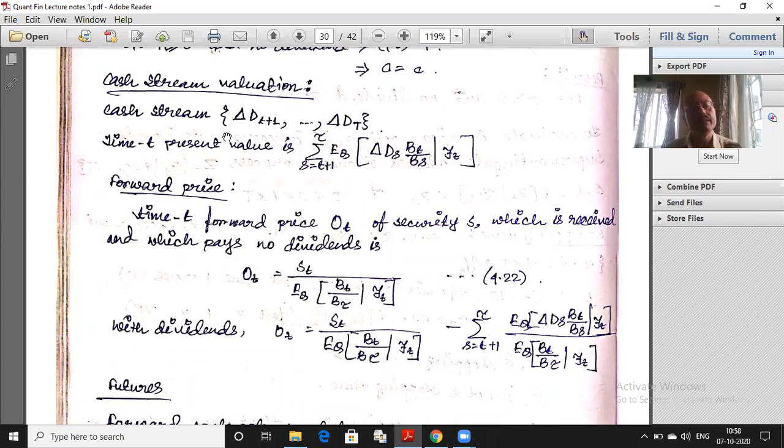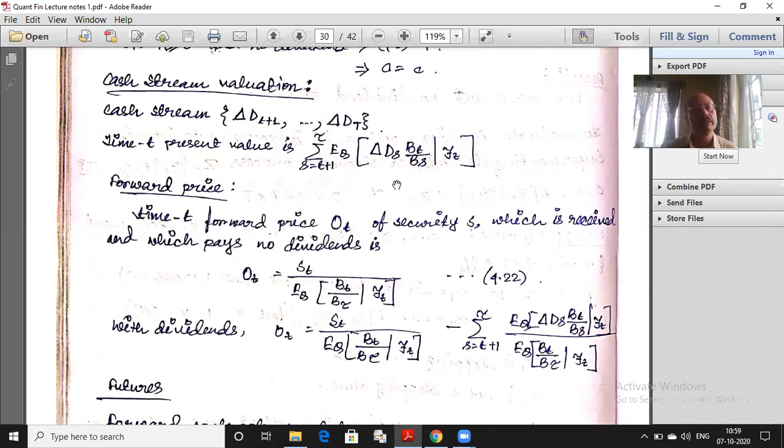So what is the value of this stream of payments to me now at time t? So that valuation is called a time t present value. So this is called the present value calculation. And how is the present value calculated? Of course, I am standing at time t. So all my information is up to time t. So it is script Ft. So that is my information set. So whatever expectation I want to evaluate, it will be conditional on current information.